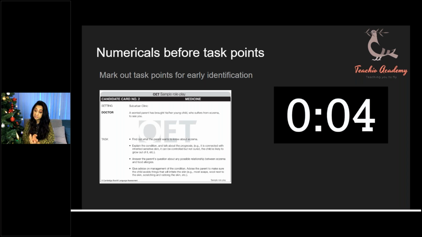So this is one excellent way of stopping blank spaces. Remember, they're going to grade you on fluency, so they're going to see how fluent you are in English. And if you have these blank points, they might think, oh, this person doesn't know enough English, because they're going blank, so they're thinking a lot. So they're not going to be able to speak in English when they come and work in a foreign country. So you don't want that to happen. You know everything already. You don't want to give them that opportunity. So numerical letters before task points, and depending upon your speed, I would give this up to 10 seconds.